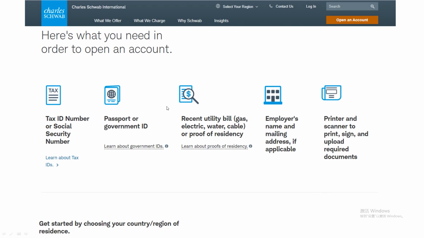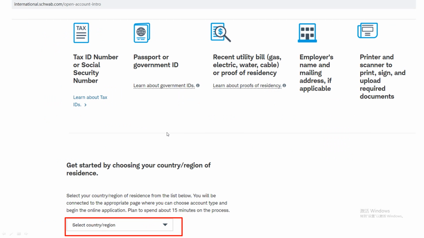Okay, and before we go to the next step, we should be sure that we have prepared these documents like the tax ID number, a passport, and a recent utility bill, and the employer's name, and some other documents. Then we just